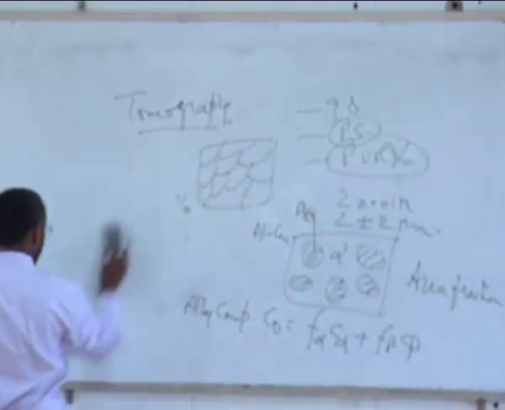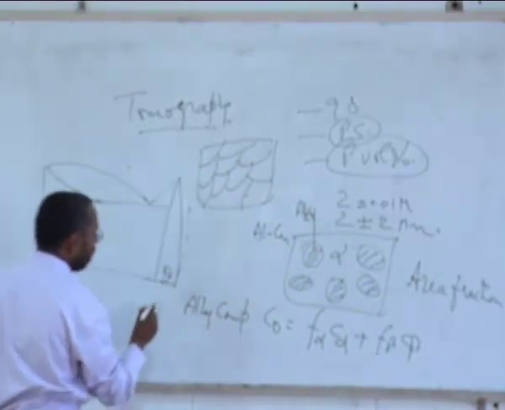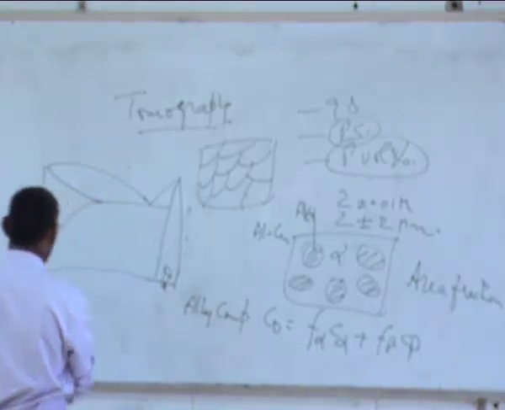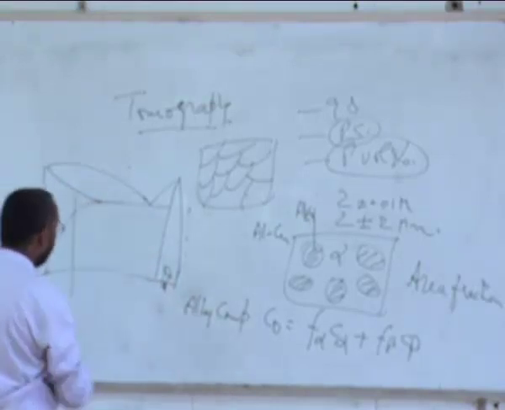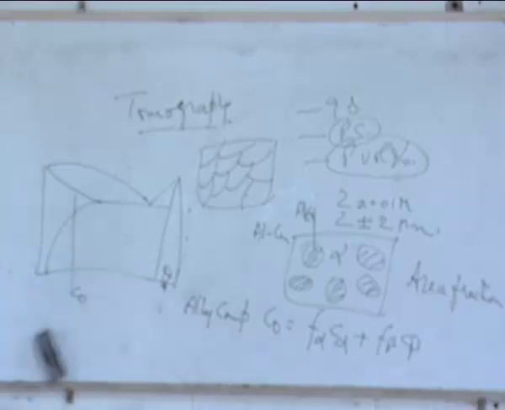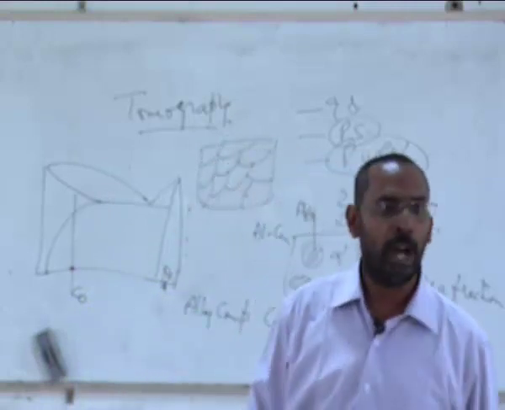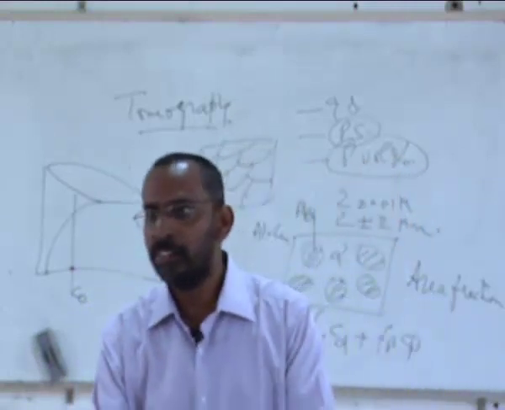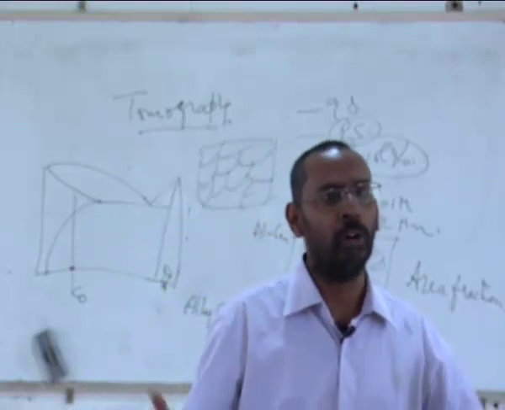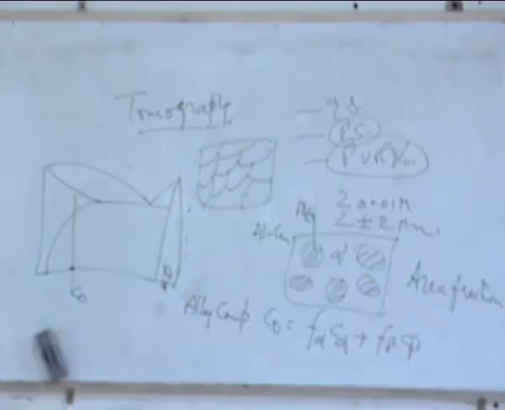If I take this, let's say I take an aluminum copper alloy. This is the theta phase. This is the composition of theta and this is alpha. So if I take an alloy here, if I call the composition of this alloy as C naught, this alloy at room temperature has what? What does it contain inside the microstructure? At room temperature, that alloy? Aluminum copper phase diagram, have you seen? Yes, you have seen. So tell me, what does it show at room temperature? What does it contain? That particular alloy. You have an answer? Tell me. Anybody?